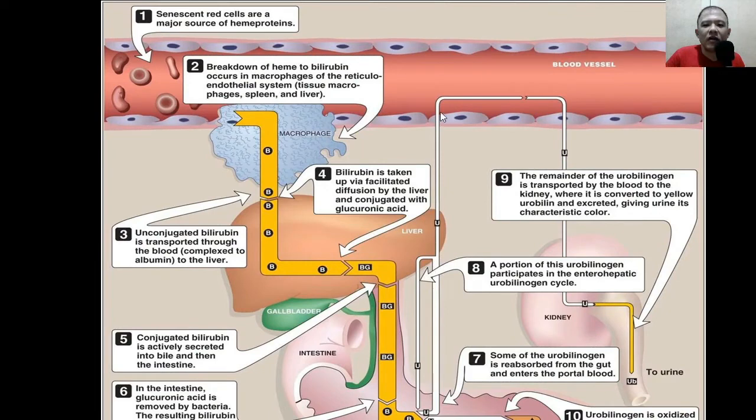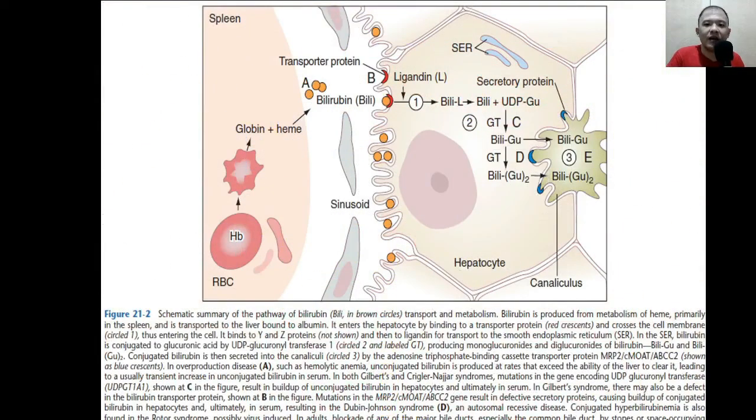Another pathway is the urobilinogen becomes converted to urobilin and gives the urine its characteristic color. Okay, so that is the bilirubin metabolism. This is a very nice figure because it illustrates the bilirubin metabolism at the cellular level. So just take note,